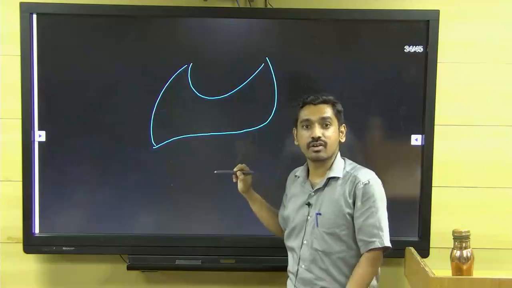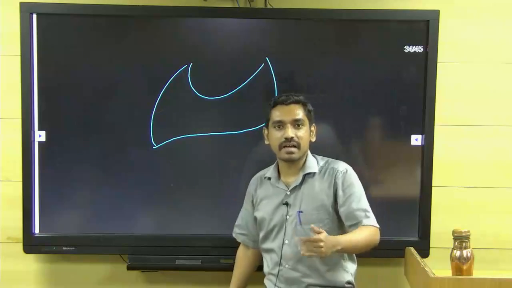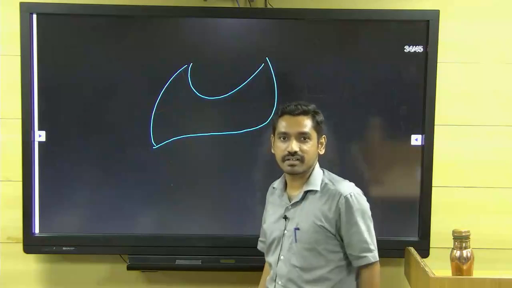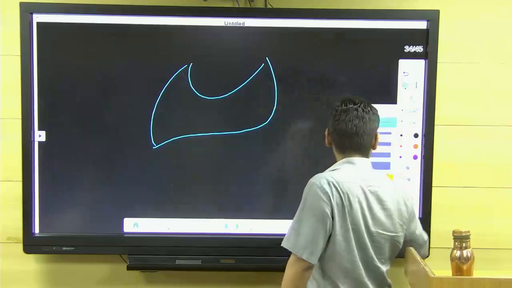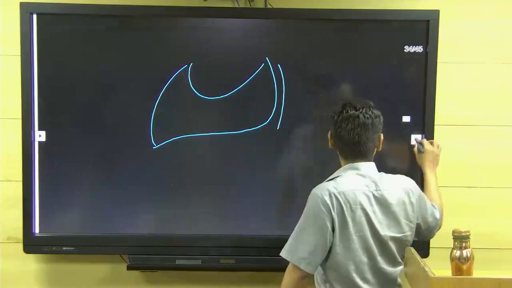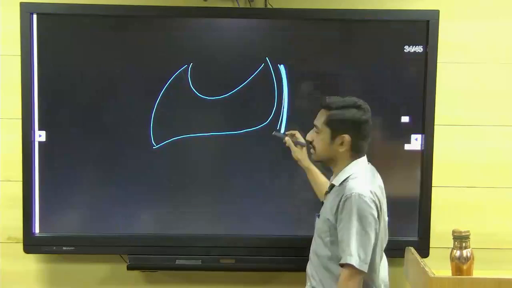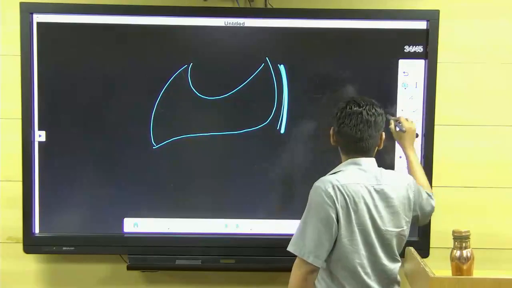This is one country called Australia. In map reading, we saw you tried to cross the Great Barrier Reef. Remember, the barrier reef will be here. Correct? This is the Great Barrier Reef. See, if you picture it carefully,